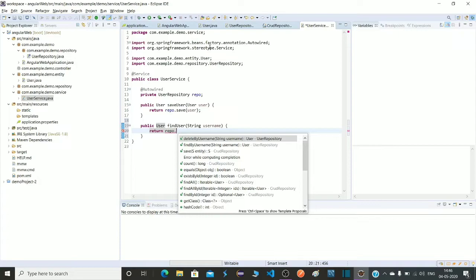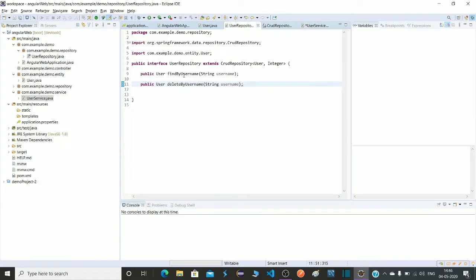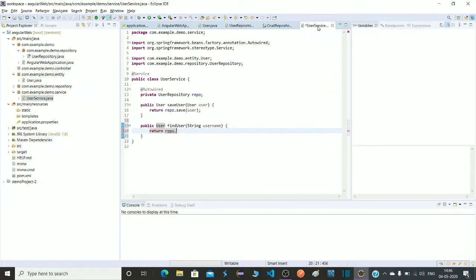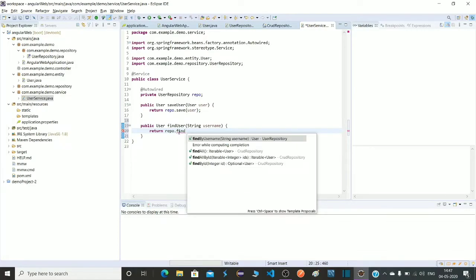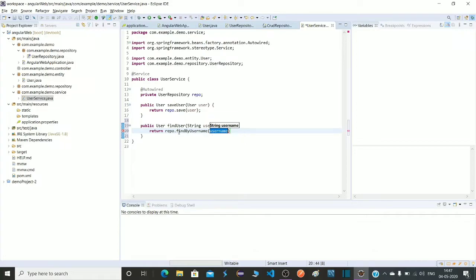You remember we created our own method findByUsername, so we have to call that method in our service class. Find, you can press Ctrl and spacebar, so it will give you suggestions. Okay, and save it.